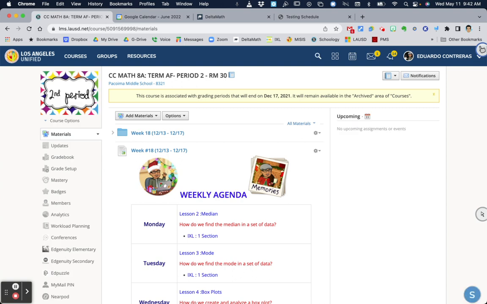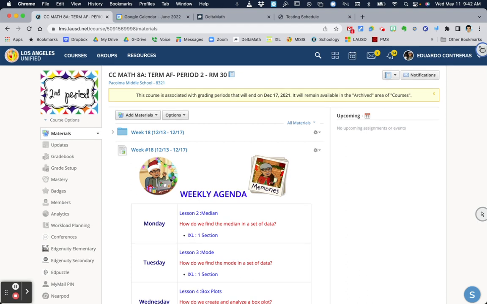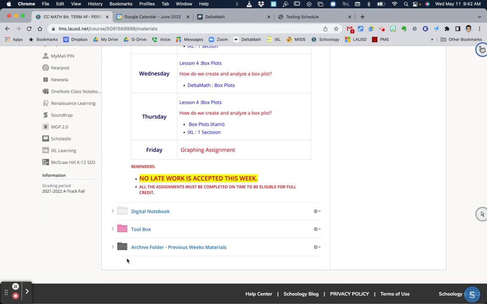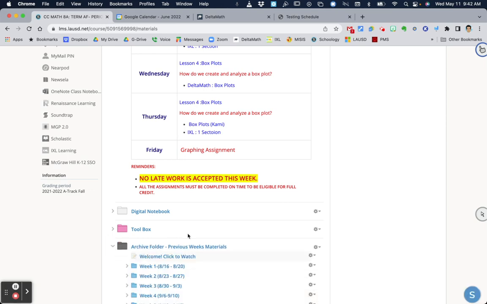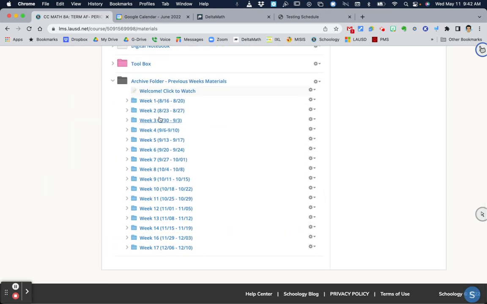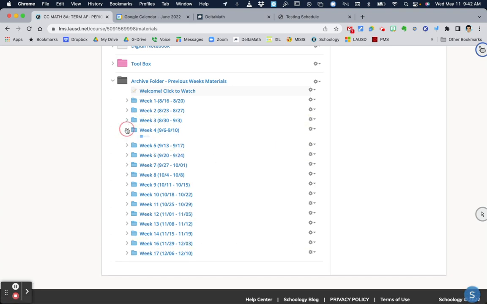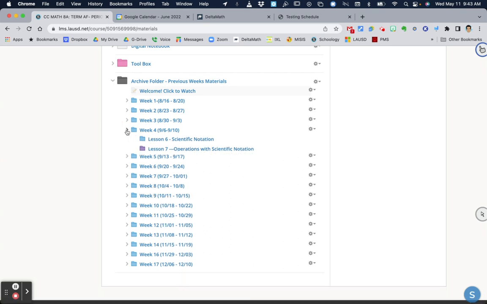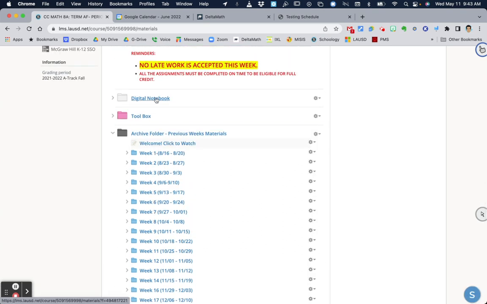And this is last semester's materials and work. So you have access to all the archived materials, week 1 through 17. So you can go in there if there's things we did that would help you. But probably the most helpful thing is the digital notebook from last year,